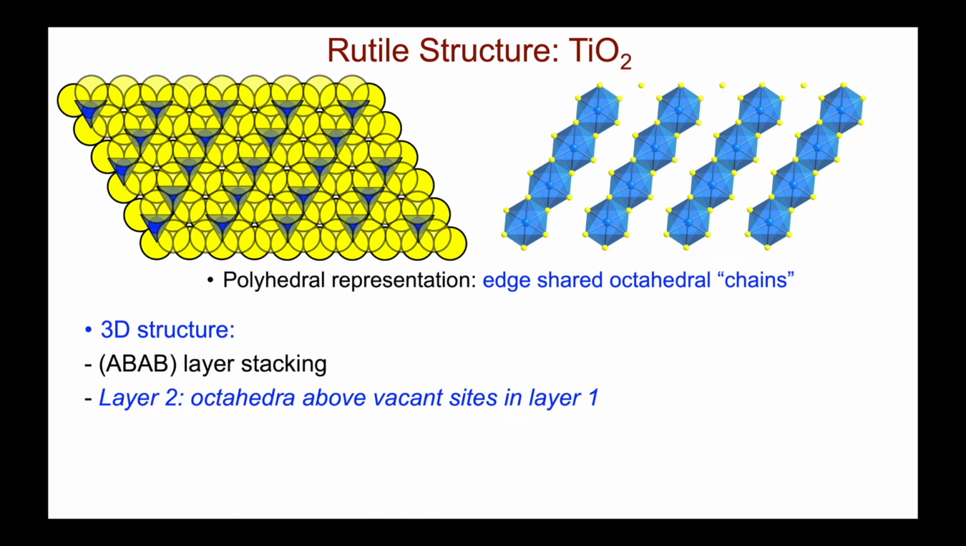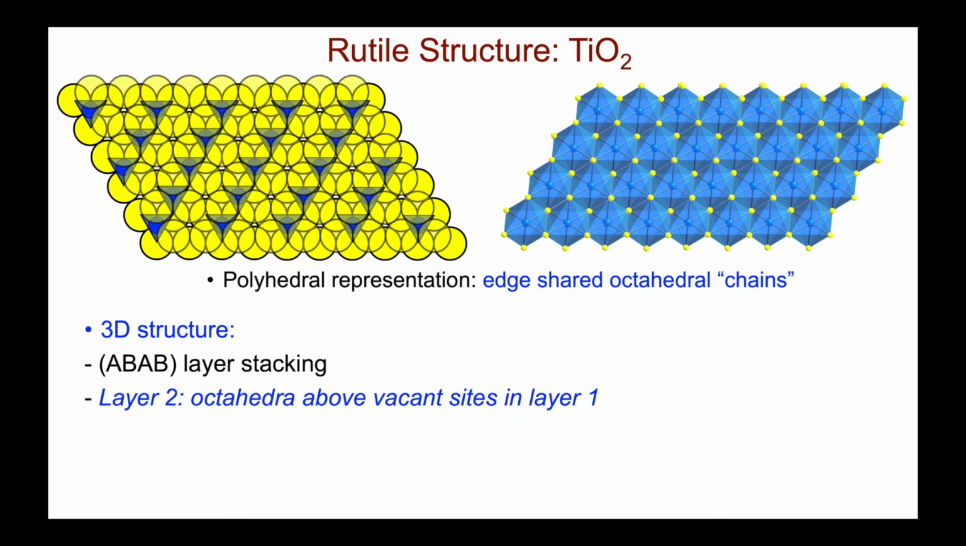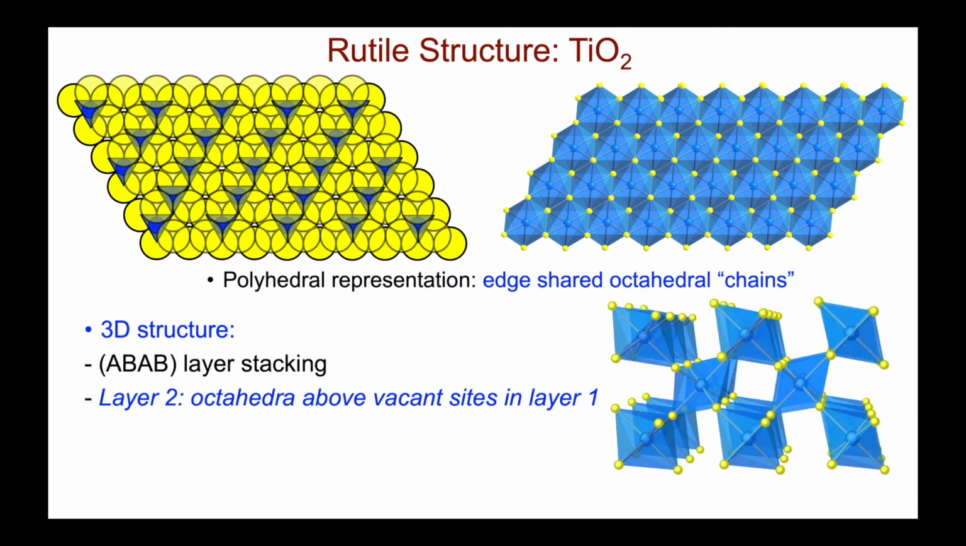So now let's build the 3D structure, and we're going to do so with AB-AB type stacking of the close packed layers. Each layer of octahedra is going to look just like this, but when I put the next one on top, it actually locates the chains on top of these vacant sites to minimize the cation repulsions. So let's do that. They go on top. And now if I look at the 3D view looking in a perpendicular direction, this is my resultant structure of rutile. Chains of edge-shared octahedra separated by vacant cation sites,